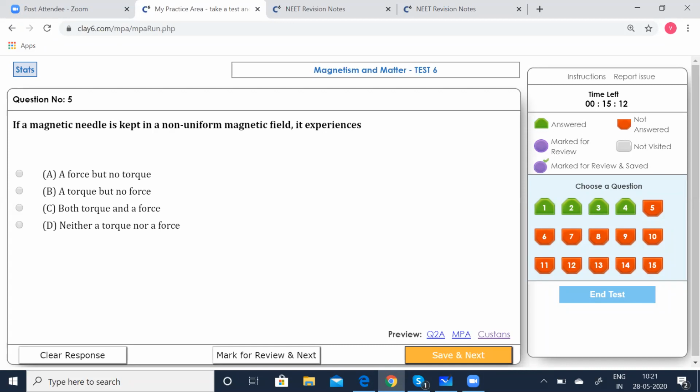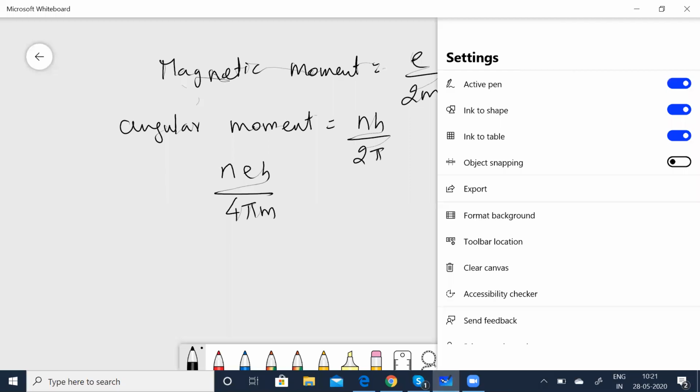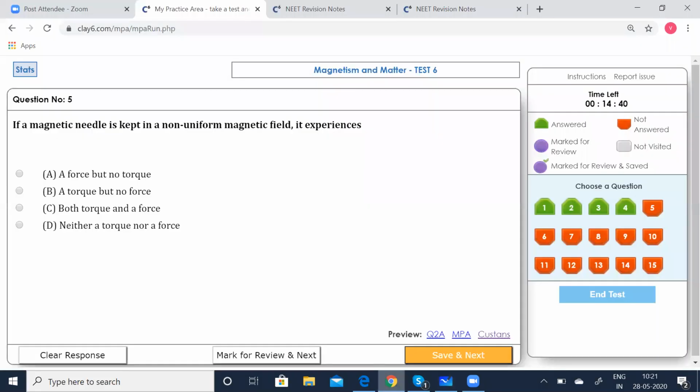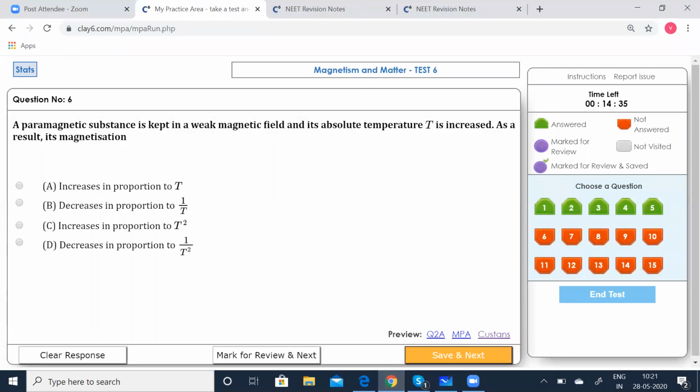So something like this you can see. So a force like this. So if this is now P, you have two forces, F1 here and F2 here. So it is now going to experience an unequal force. That means it is also going to have the force acting on the needle produce a turning effect, torque. So the turning effect torque can be experienced by the needle. So it has both torque and force. So C should be the correct option.